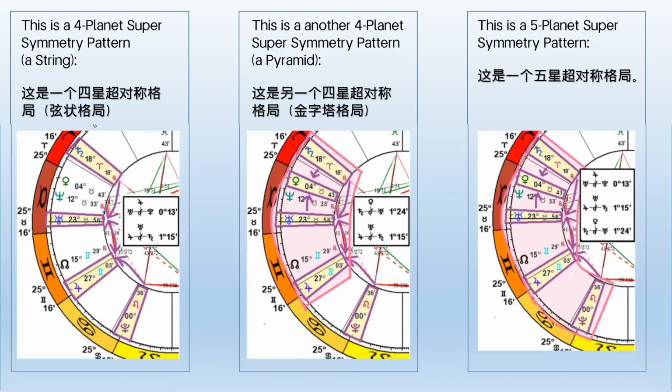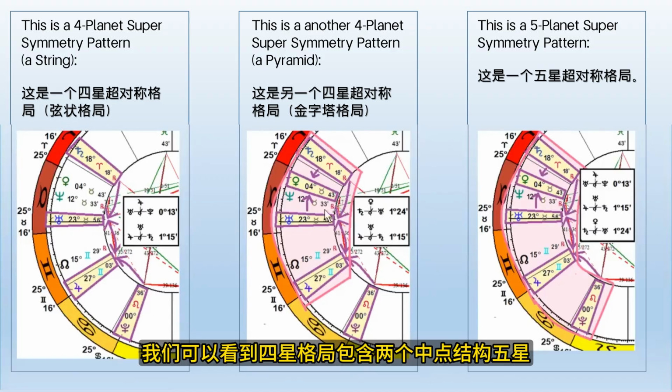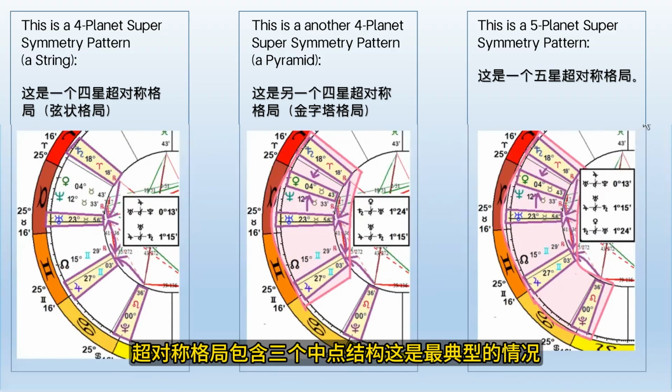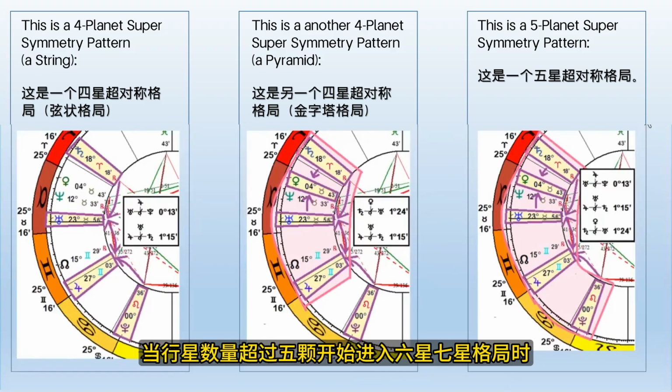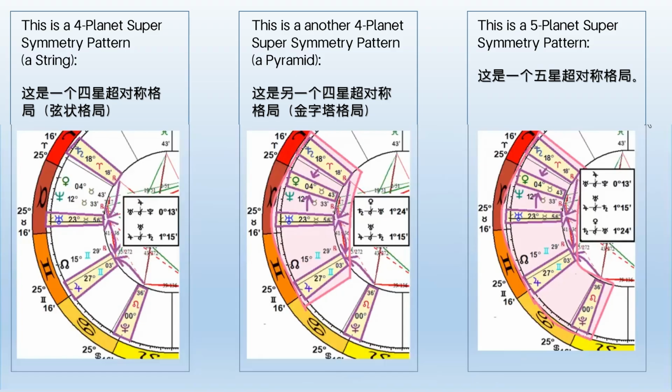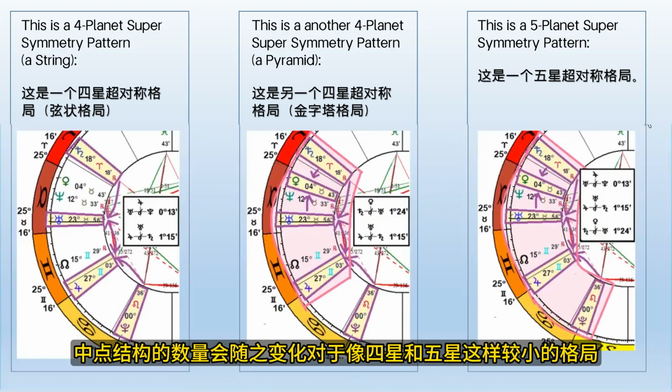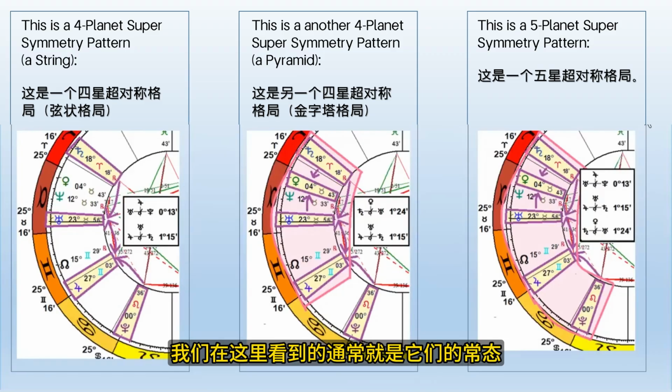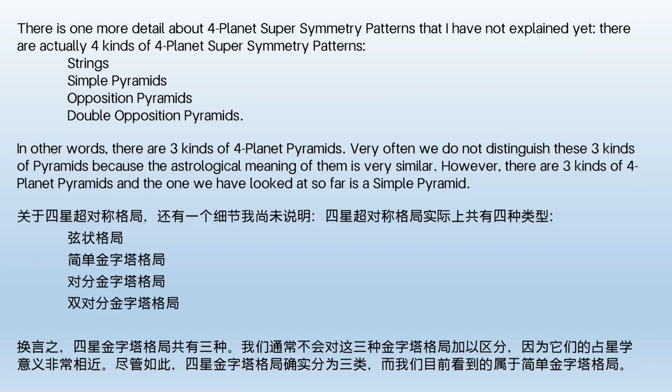And we notice that the 4-planet configurations have 2 midpoint structures. The 5-planet supersymmetry pattern has 3 midpoint structures. That is the typical scenario. When we get up above 5 planets, start getting into 6, 7 planets, the number of midpoint structures can vary. With the smaller ones, like 4 and 5 planets, what we're seeing here is typically the way it is. Okay, so